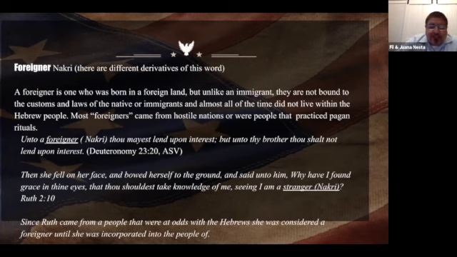So you see the difference in the different words, and I think that is important because the Bible says a lot about the ger and uses the word almost 92 times, and has specific practices that the Hebrews had to do with the ger. But the foreigner was somebody that lived almost all the time outside of the Israelites.